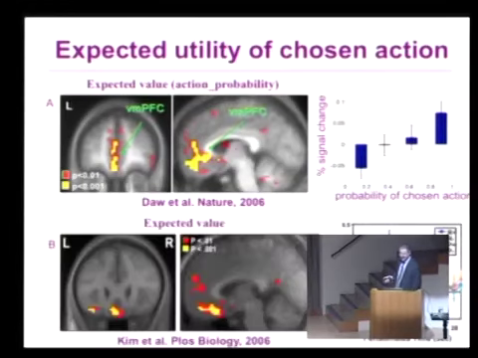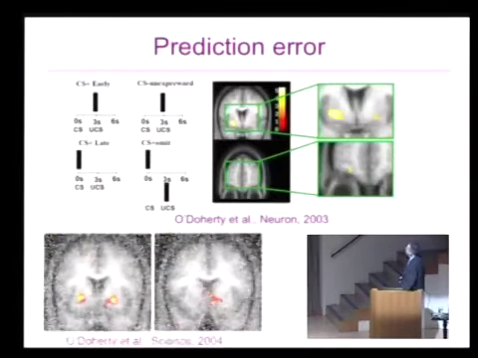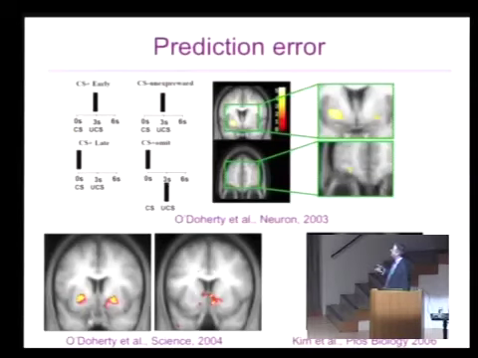Okay? And this is just another example from a different fMRI experiment looking at the similar kind of process. Again, it's kind of bringing out this same brain region. And we can also look for prediction errors, and we do find these in the brain as well. So we find these in a different part of the brain, and this is more if you go through the middle of your head, down right into the middle of your brain, actually, in an area called the striatum, the part of the basal ganglia.